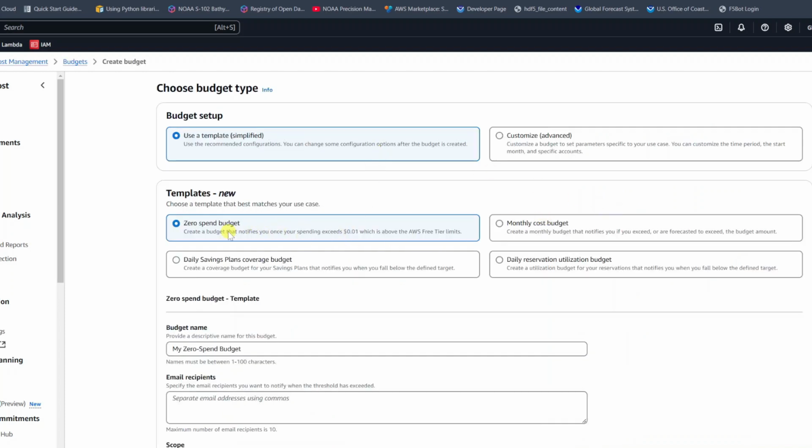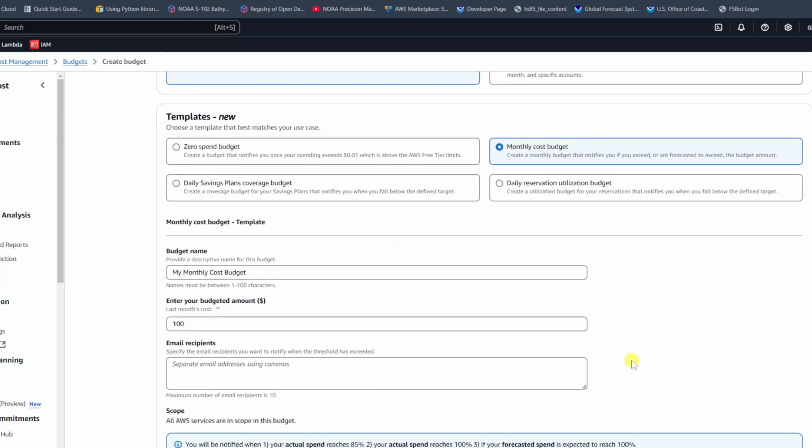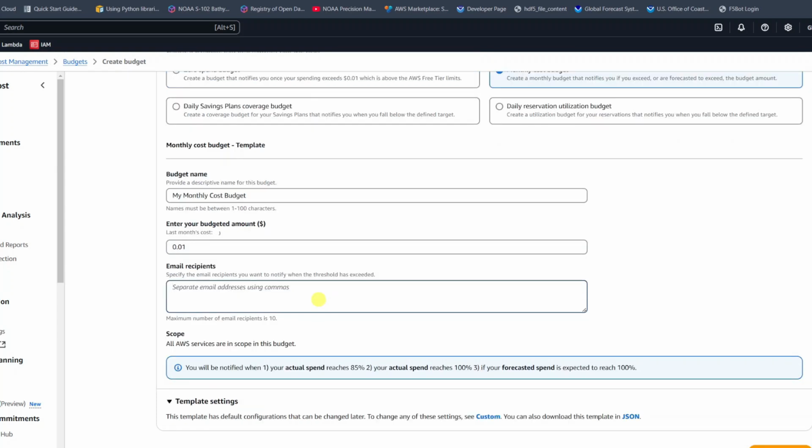We want a budget that is not a penny, and the zero spend budget selection is not as flexible as the monthly cost budget. All AWS services are calculated monthly, so enter a monthly budget to get emails and text notifications, or Slack notifications if you wish, because it's all calculated monthly anyways. Enter your email, and this will give you an automated email,